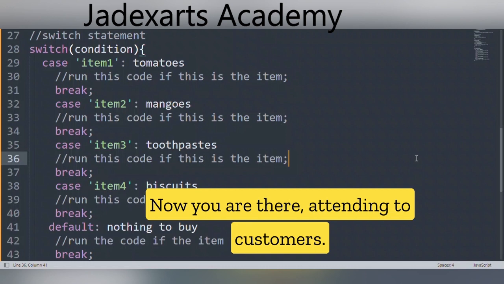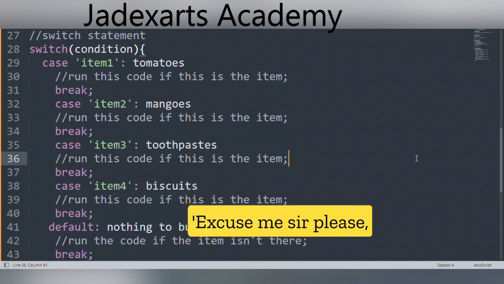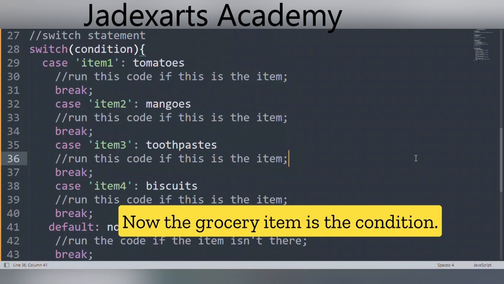Now, you are there attending to customers. A customer comes over to your desk and asks you, "Excuse me, sir, please, how much do you sell tomatoes?"